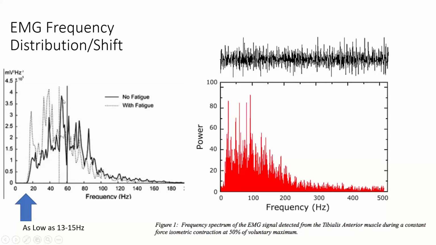And then if they do that for too long, fatigue sets in, and then you can see what happens. The frequency distribution shifts down to lower frequencies. So the lower the frequency of your EMG, the more you're in the 15 to 20 hertz range, the more the possibility that it's muscle fatigue. But it also creates a problem. Identifying the stratification can sometimes be tricky, because a muscle group will shift its frequency range as it fatigues. So now we get to think, wow, this gets so complicated.